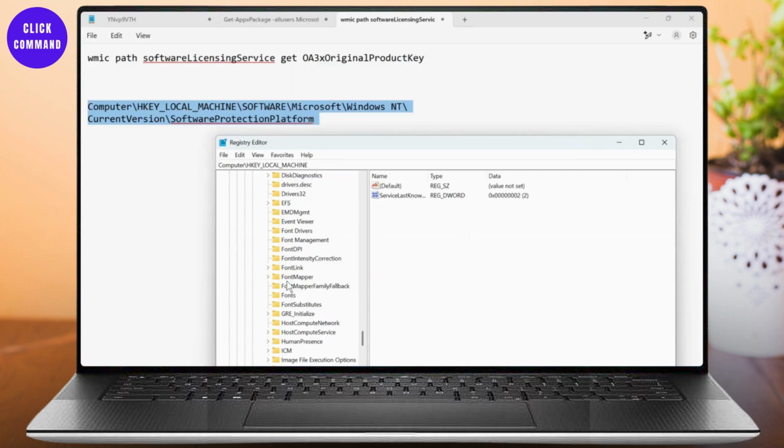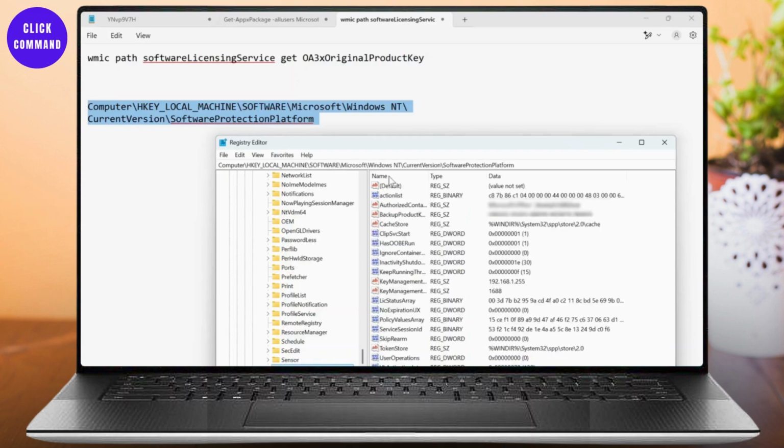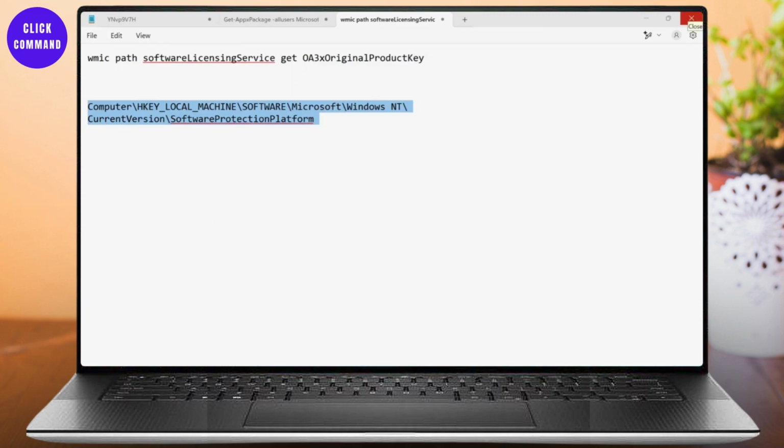Now on software protection platform, you'll simply need to click on the file, the folder, and not this arrow. So simply click here, and here we are. Now right here, you will see your backup product key, and the product key will be right here. Now for security reasons, I've blocked this. So yeah, this is your product key. And it's that simple. That is how you can find your product key